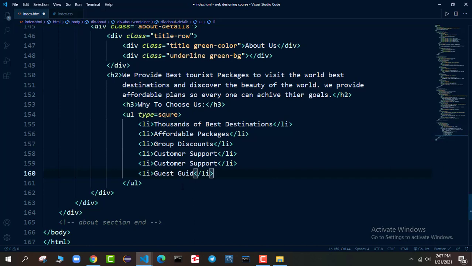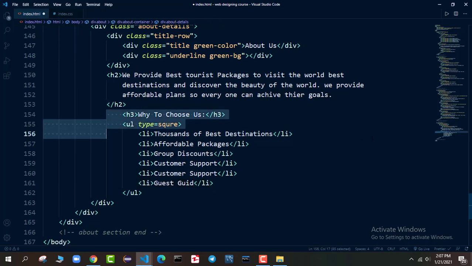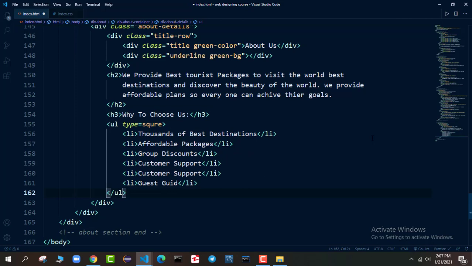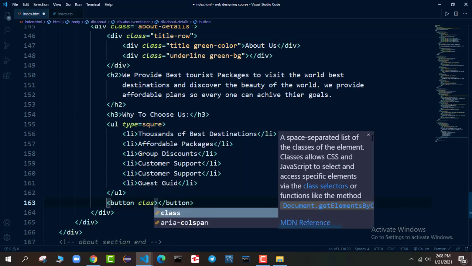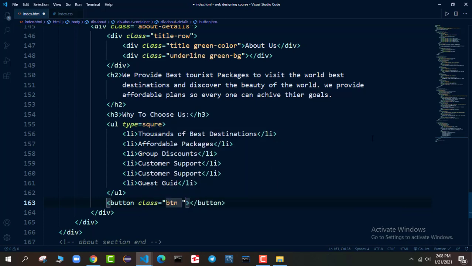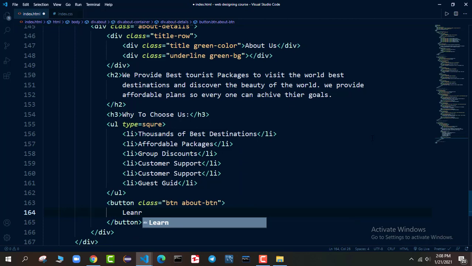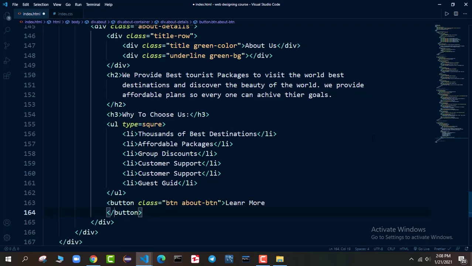website. Now after that, what we want, let me put it right here. Let me align this here. This looks good. We want to add a button, so I will say button, and it will have a class of btn, which is journal btn class, and it will have about btn class as well. And in this about btn, what we want to add is just a simple text, which is learn more. That's all that we want, and if I make it like this, it will look better. That's all that we need to do in the HTML.